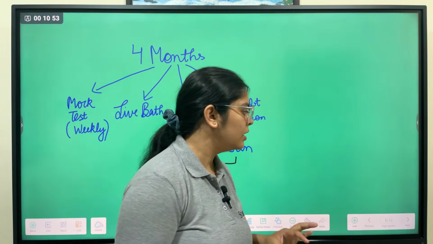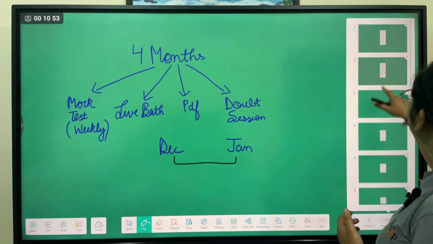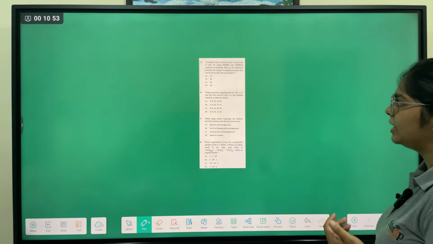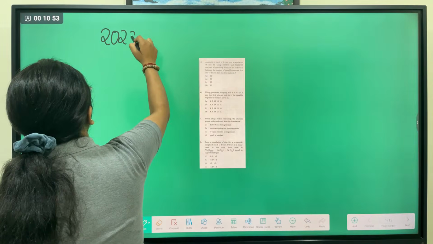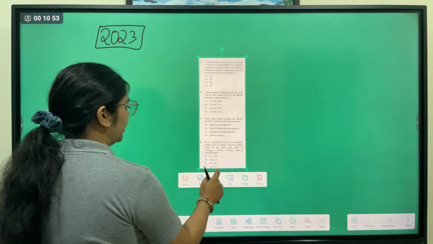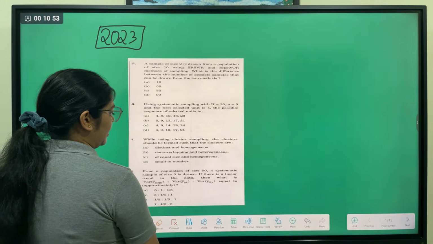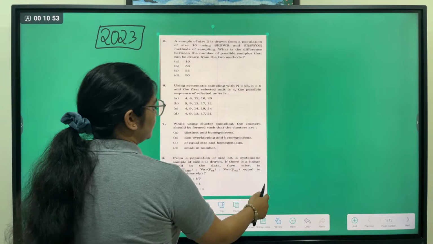So that's the plan. And let us see how we are going to solve some of the questions so that you analyze. We have taken the paper of 2023 only, so that you analyze how the question paper is and how we are going to attempt it and how we are going to do it here. So suppose